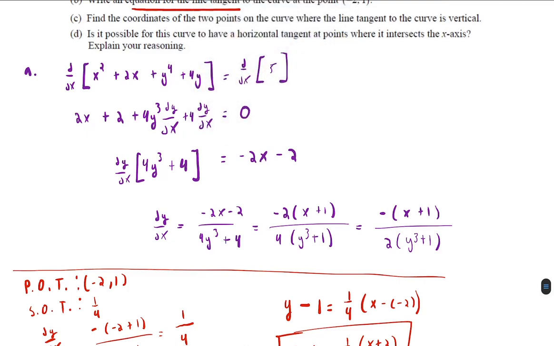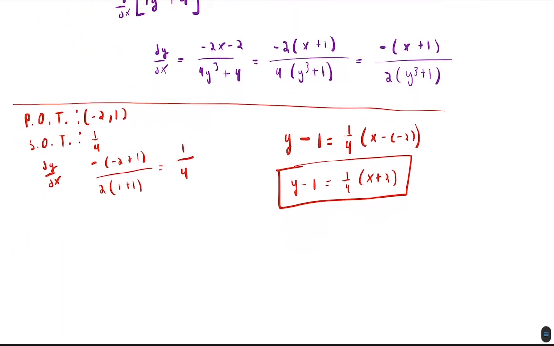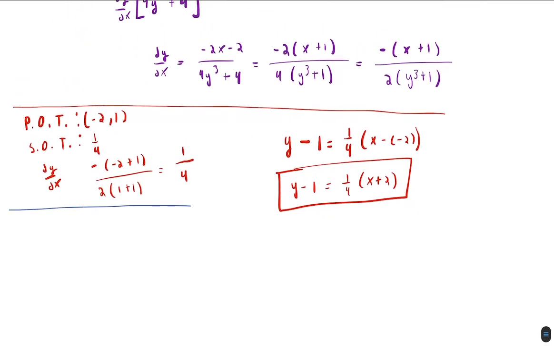Question C. Find the coordinates of 2 points on the curve where the line tangent to the curve is vertical. So once again, even if you couldn't get B, they're always designed so that you can jump back in at any point. If the line tangent to the curve is vertical, that means that the derivative is undefined, and the derivative will be undefined when its denominator, 2 times y cubed